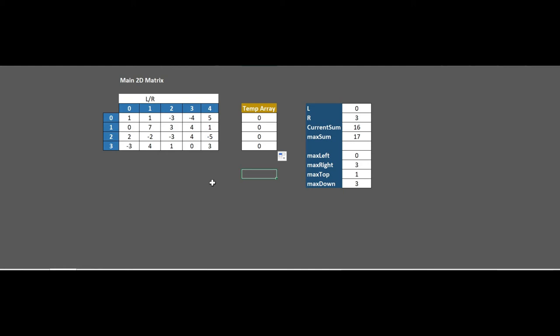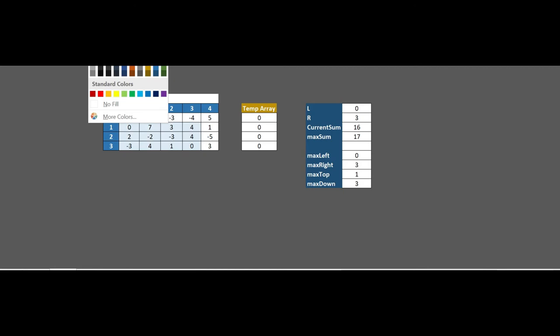From the first cycle, maximum left is 0 and maximum right is 3, and the maximum top is 1 and maximum down is 3. That means it is indicating this array. Maybe we can color it with some shade, just for reference purposes.